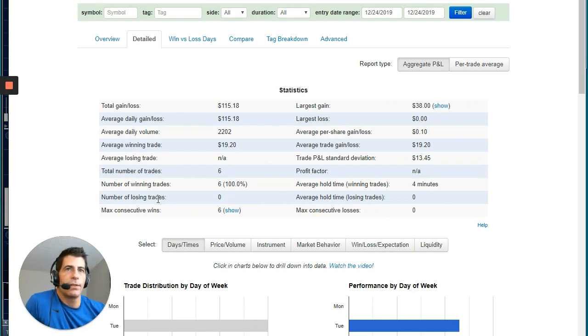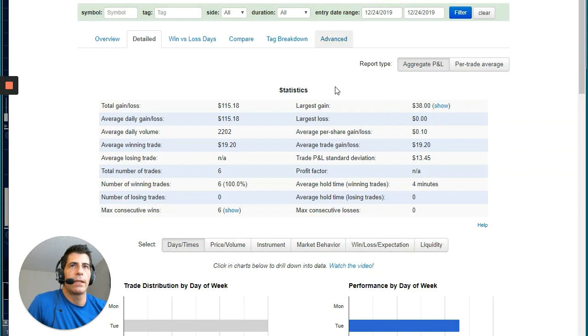I had 6 trades. I had no losing trades. Average hold time is 4 minutes. Average trade gain and loss is about $19. I didn't have any losers, so it doesn't show. The volume is 2201. That's the total volume. This is the gain they have for me. When I import these from Fidelity, it's about $4 less or so because I pay a little less than $1 a trade with